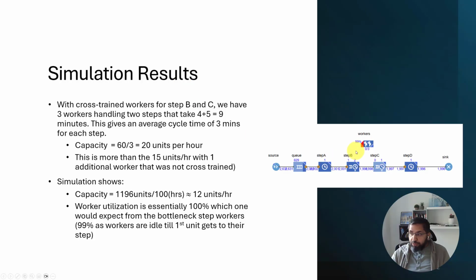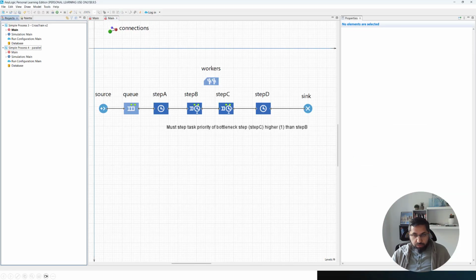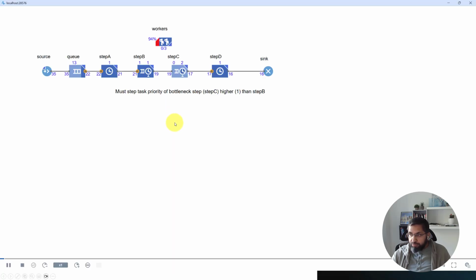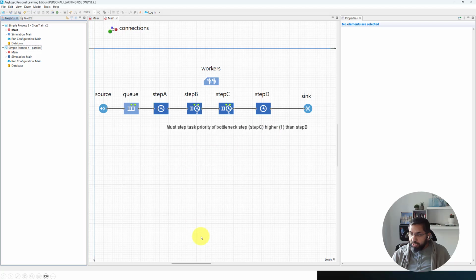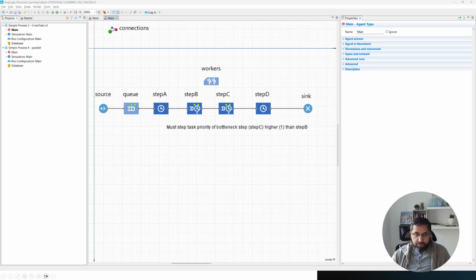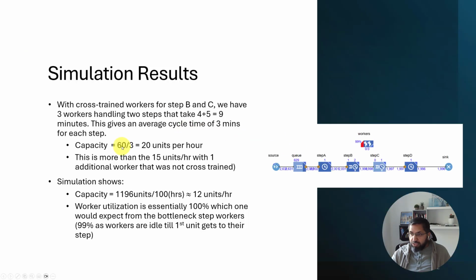Okay. Your model will look something like this when you run it. And let me show you. So this is our model. So if we run it, you can see we've got almost 2000 output in 100 hours. So 2000 over 100 is 20 units per hour. So we did get the expected capacity. Okay, we're expecting about 20 units, and we did get,